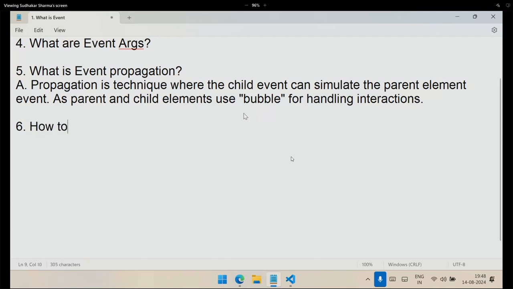how to prevent event propagation? How do we prevent the event propagation? It is nothing but actually what we do is